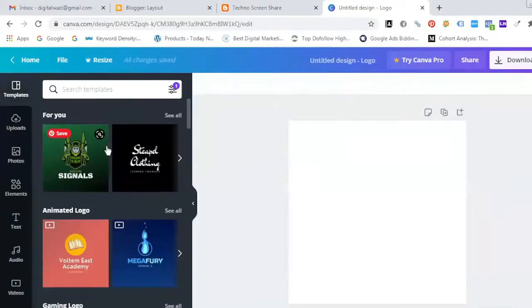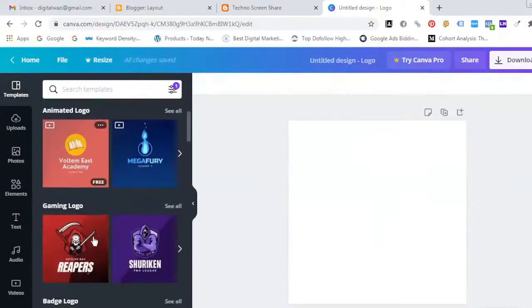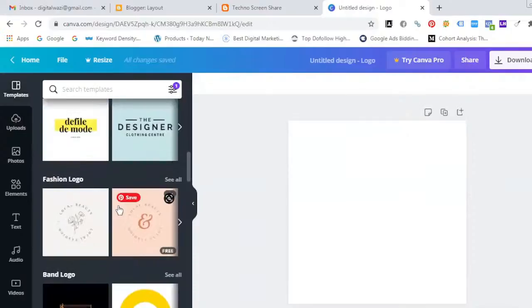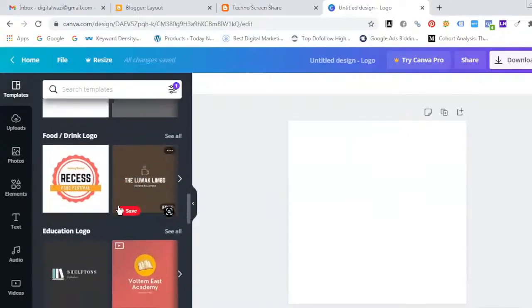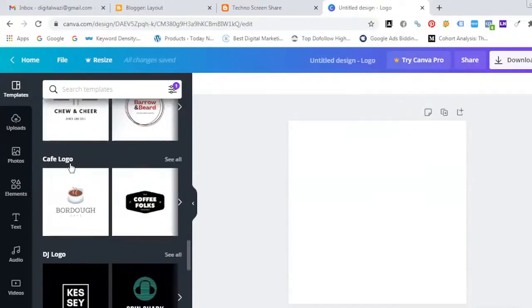Skip this too. So there are different categories of logos: gaming, animation, badges, art, design, fashion, brand. So there are different logo categories available here.